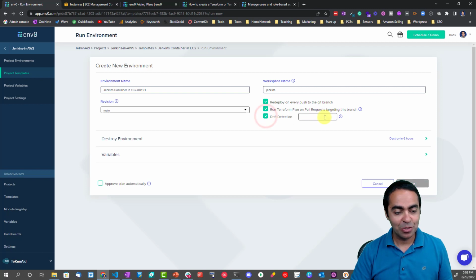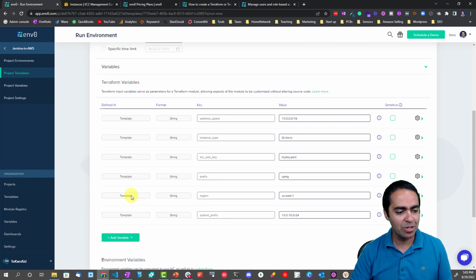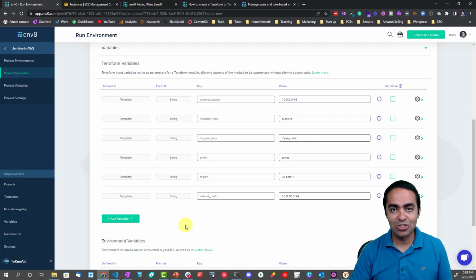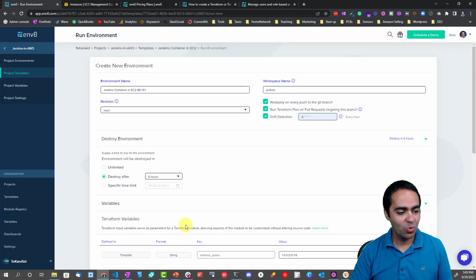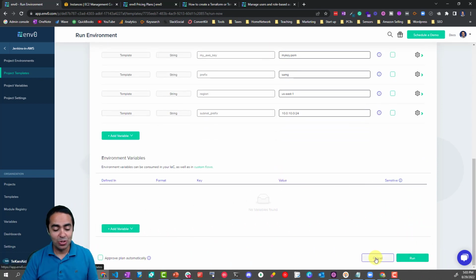Here you can specify drift detection by using a cron job. The minimum is every hour, so it's going to check for drift every hour. You can also destroy an environment here. In this case, I have an automatic destroy after 6 hours, which is really neat. I talked about the use case of creating these environments and then forgetting to destroy them, so this can destroy it for you automatically. And also the variables have been defined in the template, and they're just ported over into the project right here. Okay, so we can go ahead and run this, but I'm not going to do that